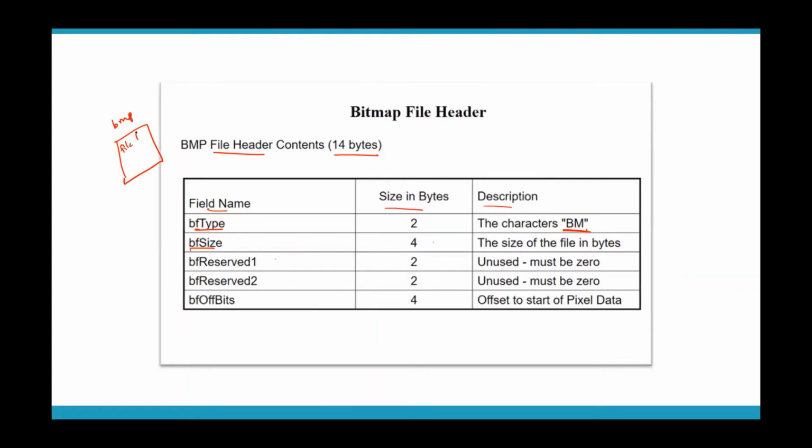First it will have the file header, then followed by the information header, and then you will have the actual bitmap data, right? So where does this actual bitmap data begin from? That offset value will be contained in this last field. So these are the information that will be stored in the bitmap file header. Okay. So I'll show you how a bitmap file header looks like.